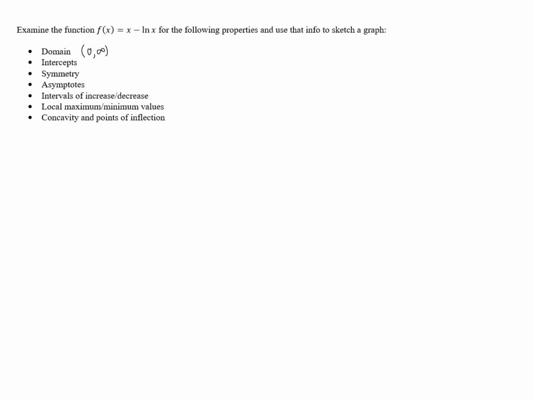We could add ln x to both sides and get x equals ln of x, but we don't know when x equals ln of x. That's not a nice equation that we know how to solve, if there even is a solution. So we're going to skip that step here. And perhaps we will find some x-intercepts later, but it's not clear to me that that's something we can execute